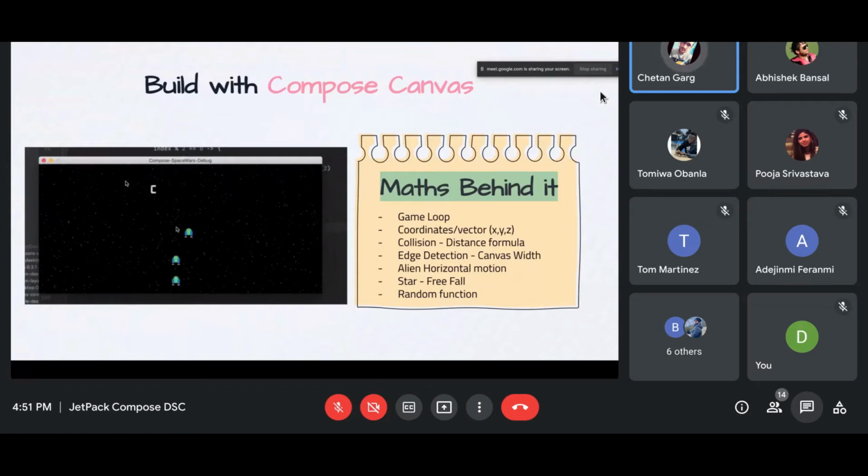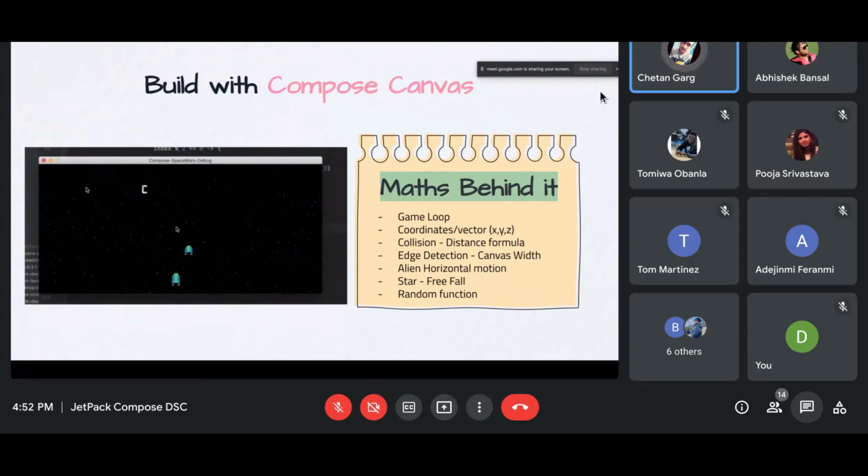So what I'm doing is, when the alien's x is the width of the canvas, I multiply its velocity with -1. And when the position of the alien's x is 0, because at this place x is 0, and at this place x is the width of the canvas, at this place I again multiply it with -1.